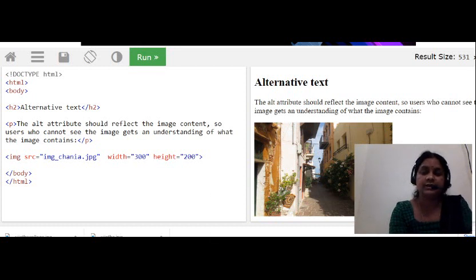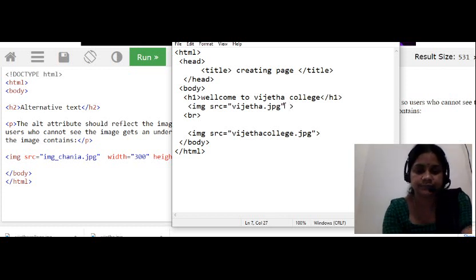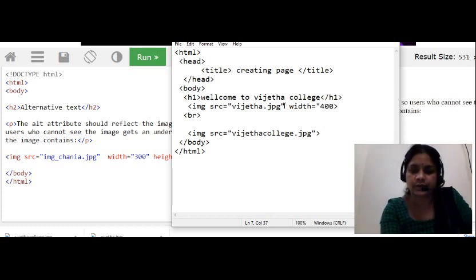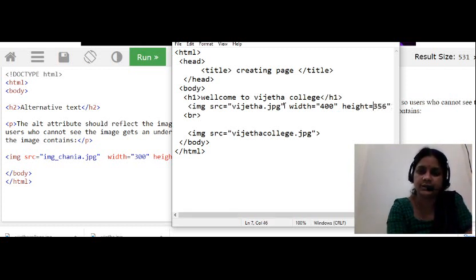Let us see here. In the previous session we have used src is equal to Vijeta. Okay, I can also use here width and height. Width is equal to, I am using here 400. Height is equal to, I am using here 356. Okay, double quotes, it must be in double quotes. Okay, then I am closing the